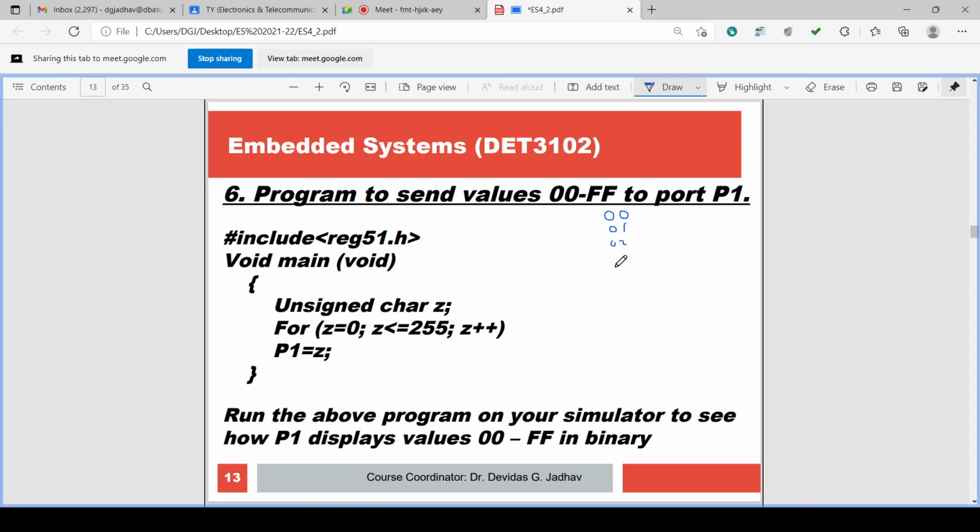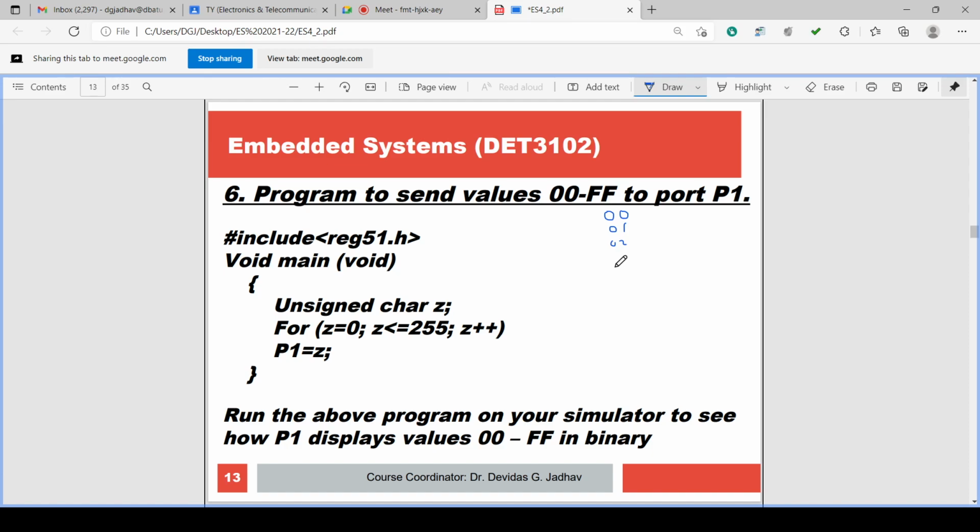If you send 01 hex, then what will be the data? 00000001 in binary form. What will be there on the pins? First 4 pins 0 volt.